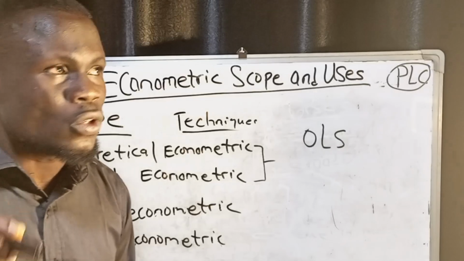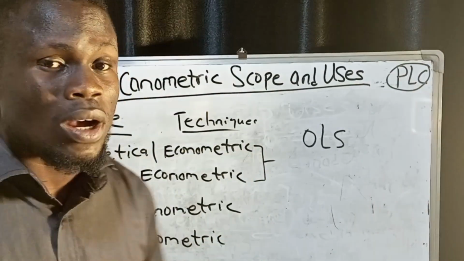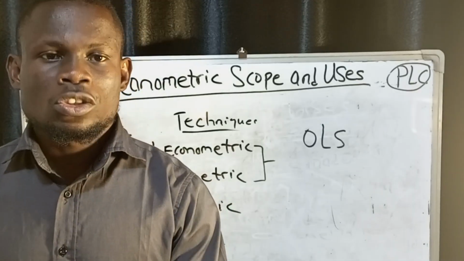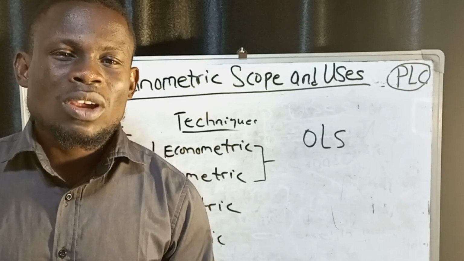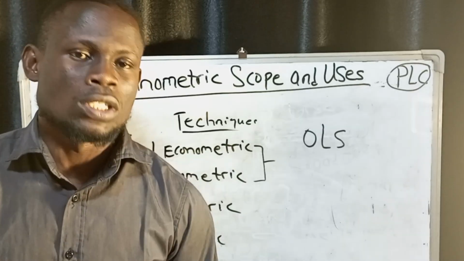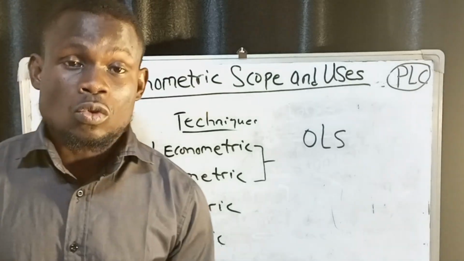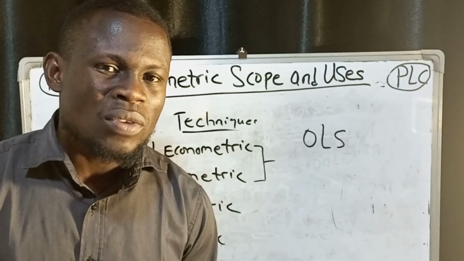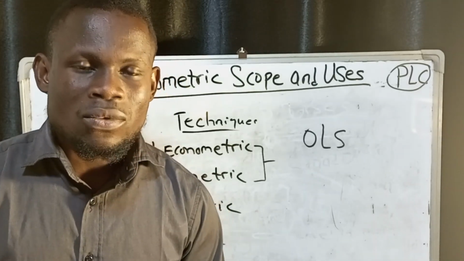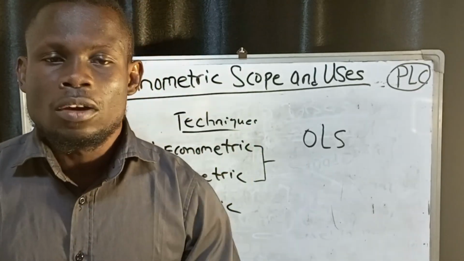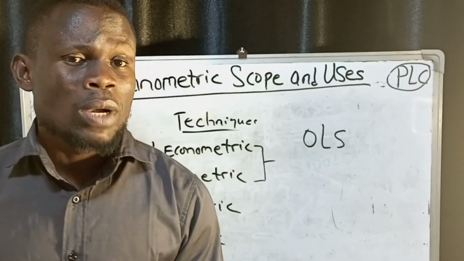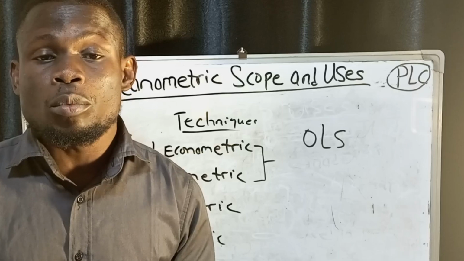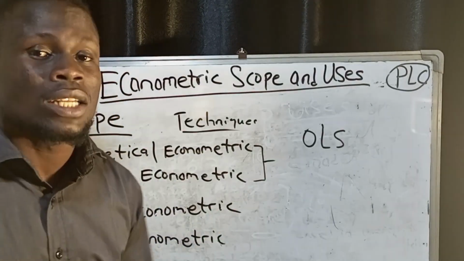It is also important for us to understand that the distinction between theoretical and applied econometrics is not a very clear one, in the sense that applied econometricians in their field sometimes develop techniques that are specific to what they are studying. There have been occasions where applied econometricians stumble on and develop new techniques, modify already developed techniques, or develop new assumptions needed for the justifiable use of the techniques developed by the theoretical econometricians. However, there is a clear distinction for the purpose of study between the theoretical econometrician and the applied econometrician,